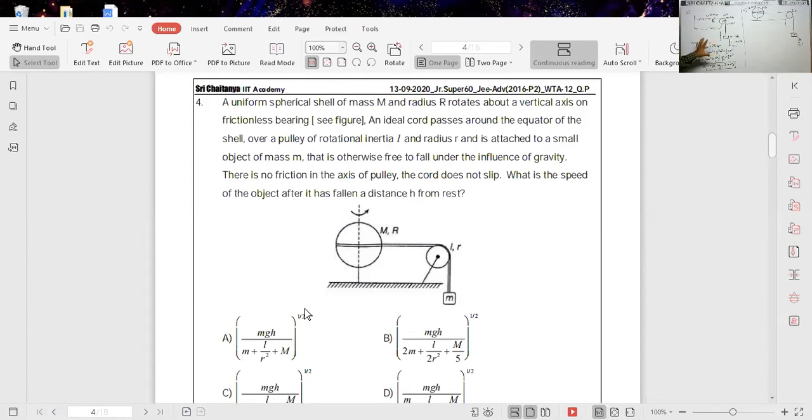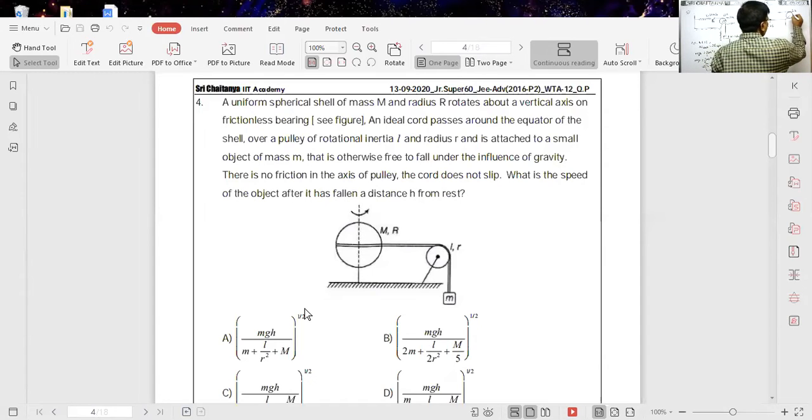The concept is the same. Whenever it falls through a distance, it loses potential energy. The loss of potential energy is equal to the gain in energy by this sphere, this pulley, and this block. That's all. So, loss of potential energy is equal to gain in kinetic energy. As this block comes down a distance small h, the loss of potential energy is mgh, which equals the gain in kinetic energy. This block, whenever it falls a distance h, gains kinetic energy half mv square, plus at the same time